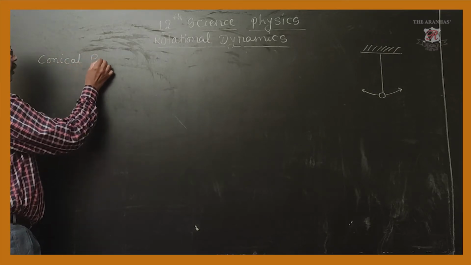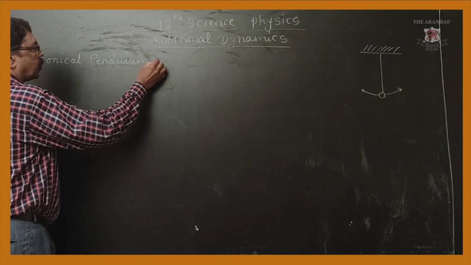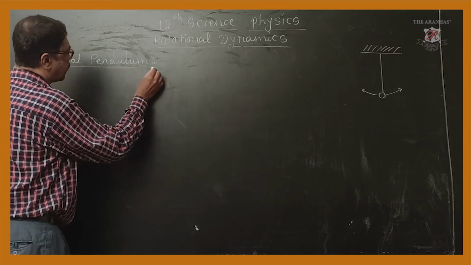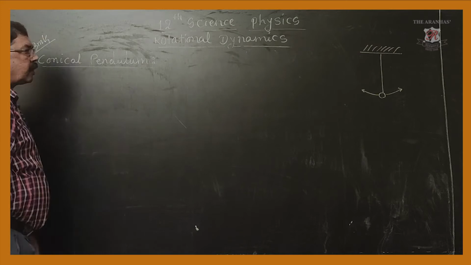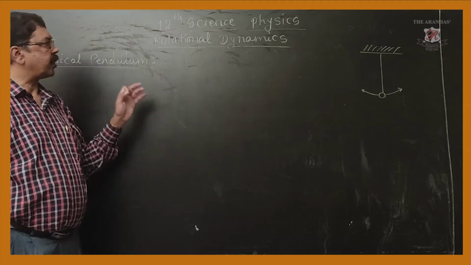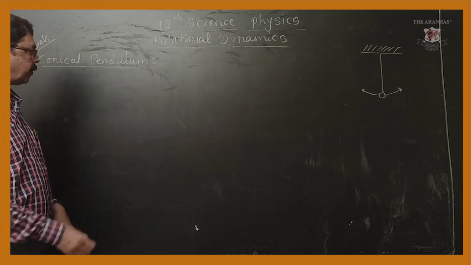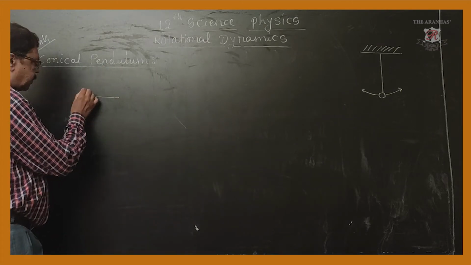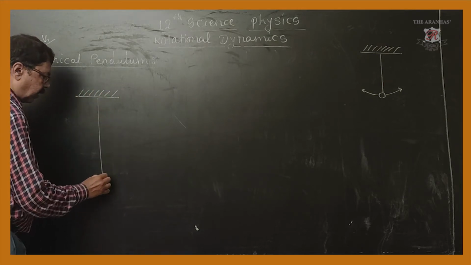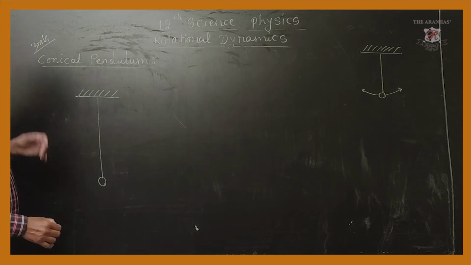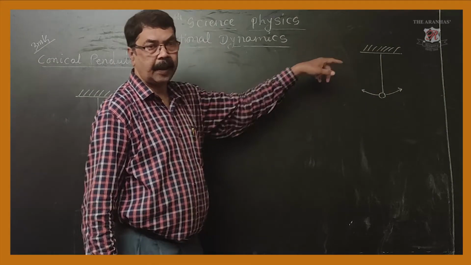Now, for the conical pendulum, the initial part is the same. We are considering the conical pendulum now. What does the word conical suggest? It suggests you should have a cone. So it is again a 3-mark question. Derive the expression for periodic time of a conical pendulum. First I am defining a heavy point mass attached to a massless inextensible string hanging from a rigid support. Here, instead of oscillations in the vertical plane,